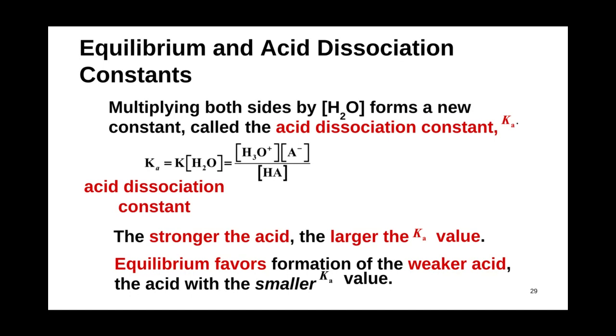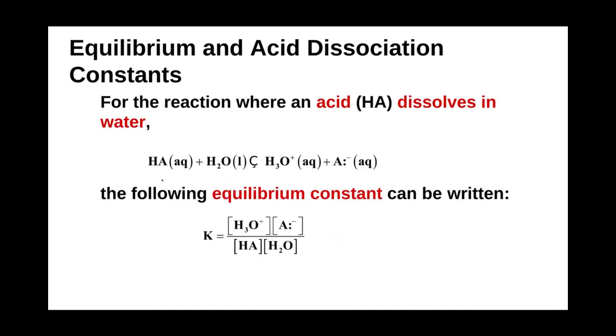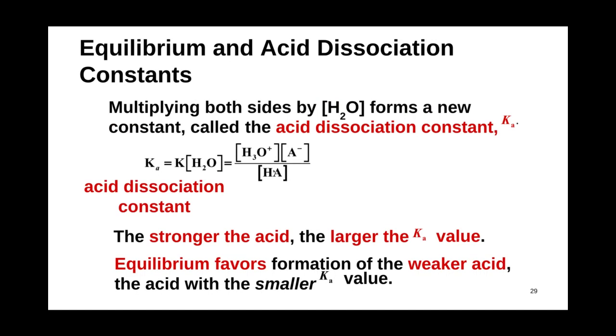And what this means conceptually is that equilibrium is favoring the formation of the weaker acid. In this case, on our equation, it's H3O, right? So when we have a very strong acid, Ka increases. Why is that? Well, let's go back to this equation. If HA is a very strong acid, it's going to completely dissociate into its ion and its conjugate acid, right? Which should mean the concentration of HA in this equation would be very low, which makes our denominator very low, which pushes Ka higher.